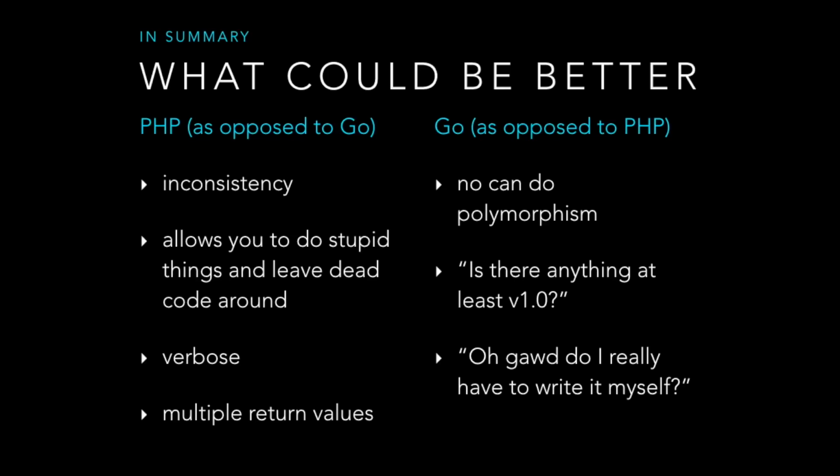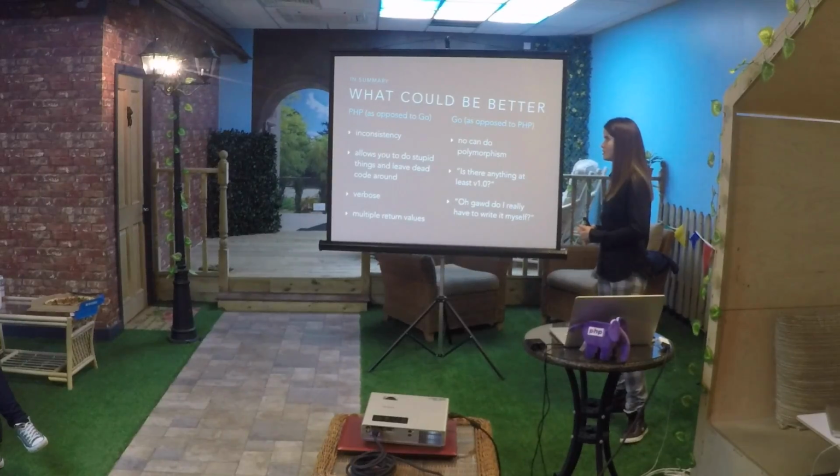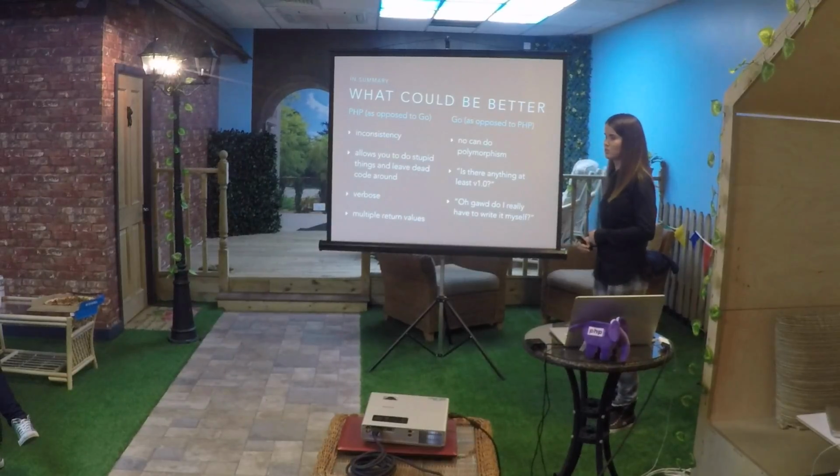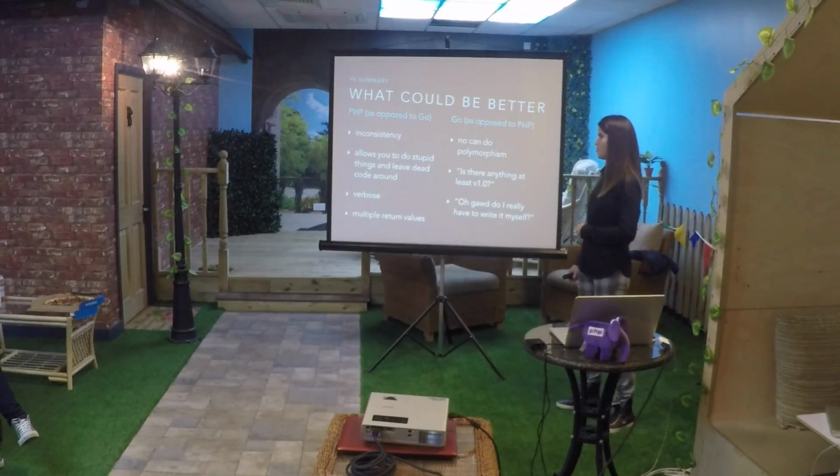What I don't like in PHP so much, now that I've done Go for a bit, is the sort of inconsistency. And that's the things that we all know. So it's like, is it needle or haystack, or haystack or needle, or does it have an underscore in the name? So PHP is obviously, because it's been evolving over more years, and from a functional language to an object-oriented language, and through so many iterations, it's just a little bit more inconsistent than Go. PHP allows you to do stupid things, especially being loosely typed. You can just abuse that in really bad ways, and you can leave dead code around. PHP won't really detect it because it's not precompiled. It won't care if you have a bunch of leftover code or variables.